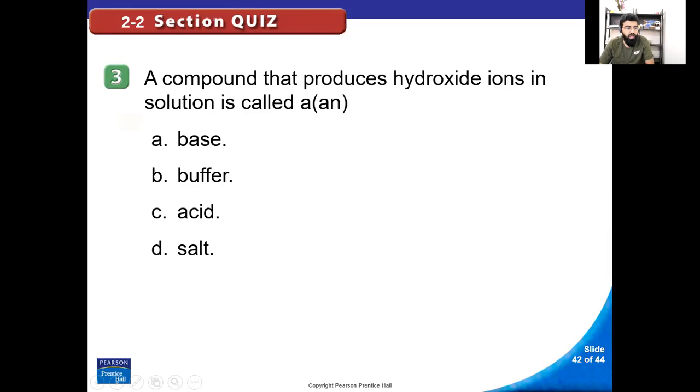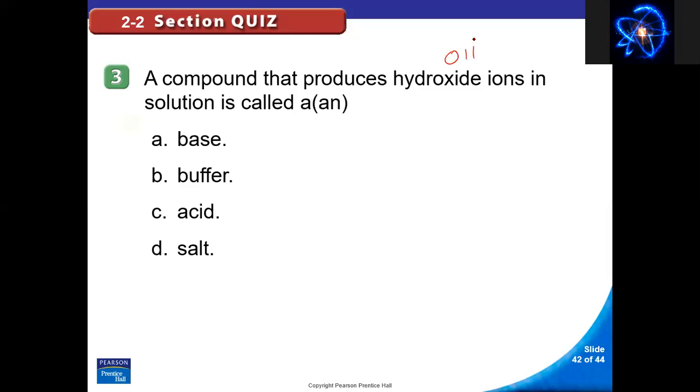Yalla, question number 3. A compound that produces hydroxide ions in solution is called what? You know what hydroxide ions are? OH minus. No, not hydrogen ions. Hydroxide ions, OH minus. So any compound that increases the OH minus in the solution, what do we call this compound? The answer is